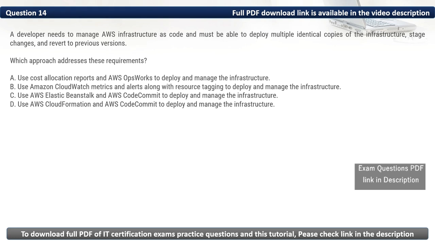In this question, the developer needs to manage AWS infrastructure as code and must be able to deploy multiple identical copies of the infrastructure, stage changes, and revert to previous versions. Considering this, the approach that addresses these requirements is using AWS CloudFormation and AWS CodeCommit to deploy and manage the infrastructure. Thus, the correct option is D.